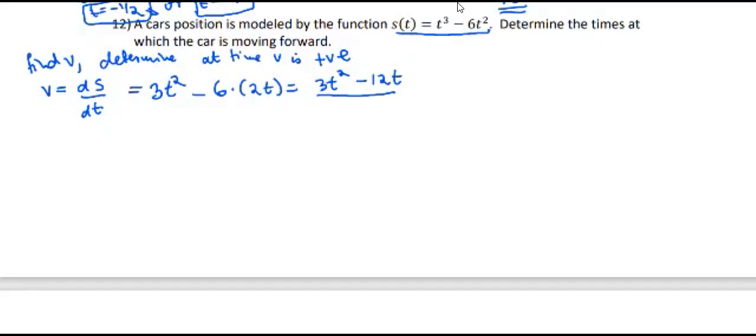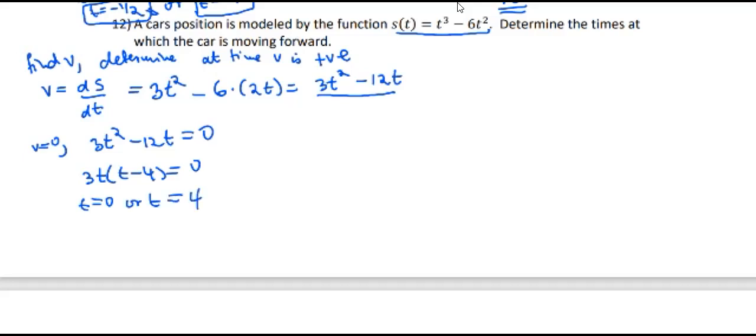And so first I want to find when this is zero. When is the velocity zero? So v is equal to zero when 3t squared minus 12t is equal to zero, which means that 3t times (t minus 4) is equal to 0, which means that t is equal to 0 or t is equal to 4. Okay, so if t is equal to 4, that means that